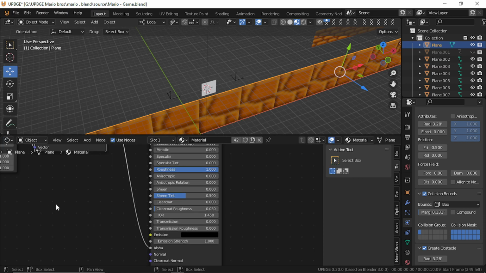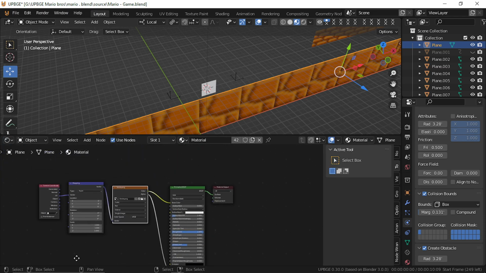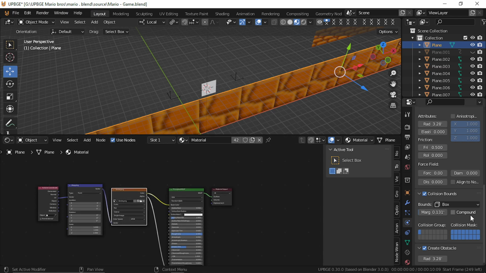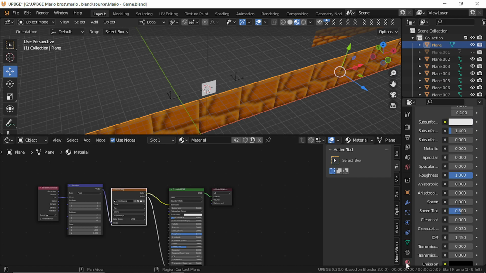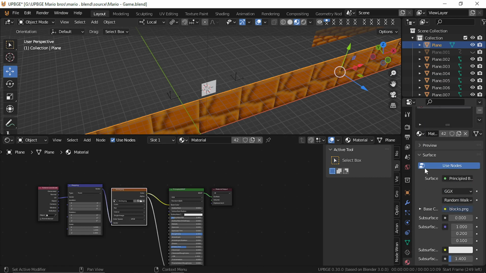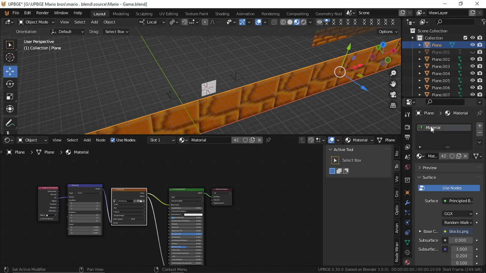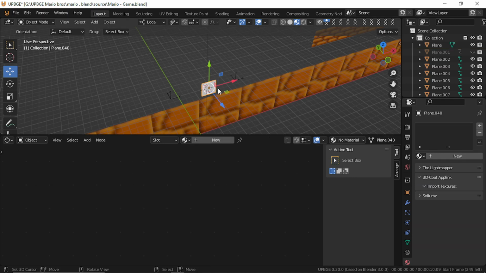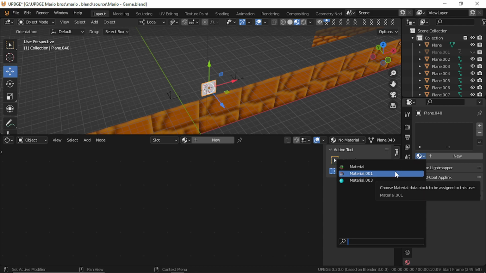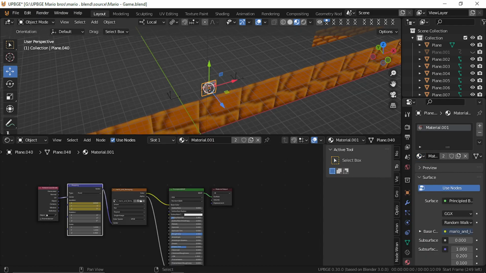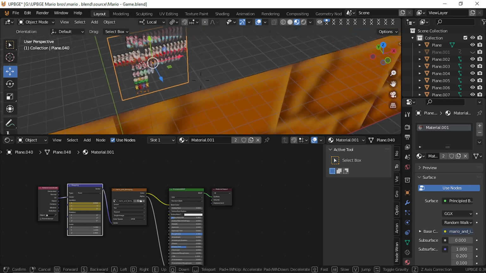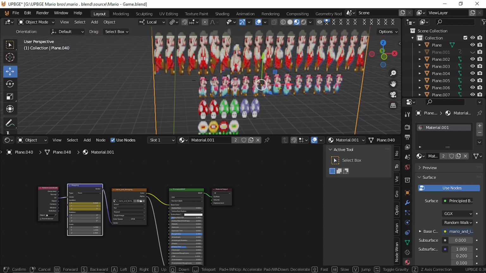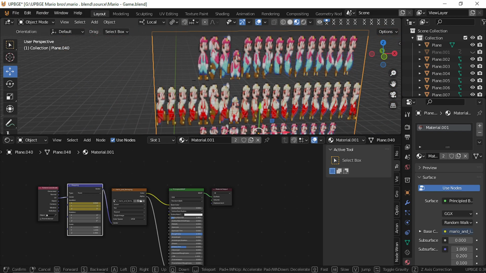You're gonna go to your shader editor. Right. In your shader editor, you're gonna have to make sure you get the right one. So for me, I actually just already have this as a material. Making sure I've got the right material on this. You're gonna see this is what that sprite sheet looks like. This is the one I used to animate. And I showed you the website for this, so